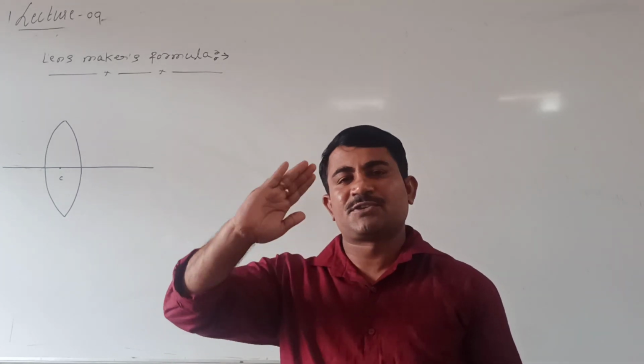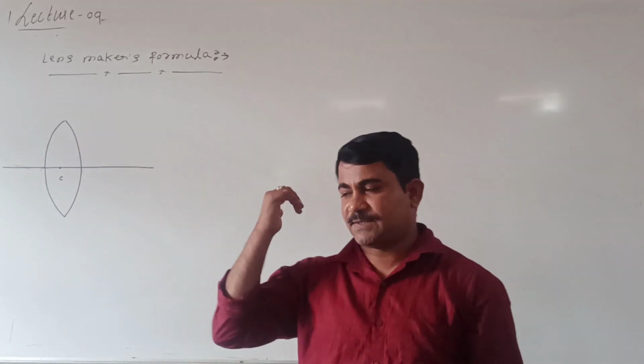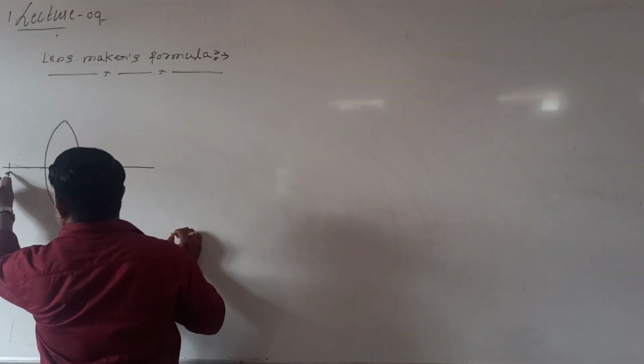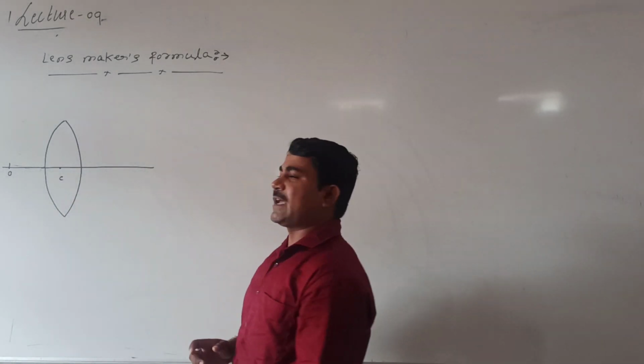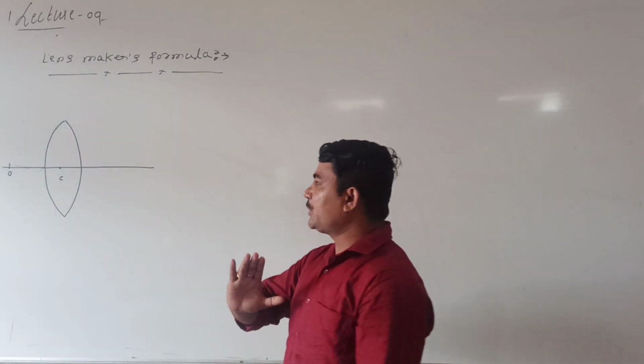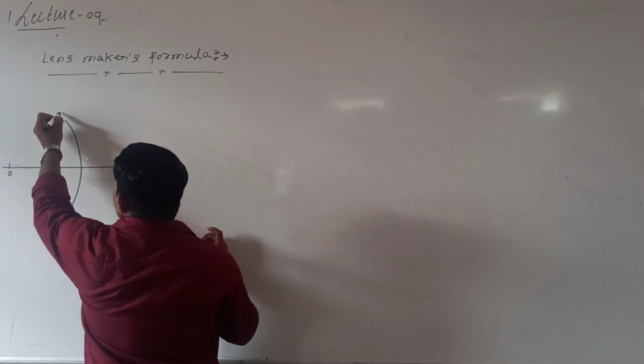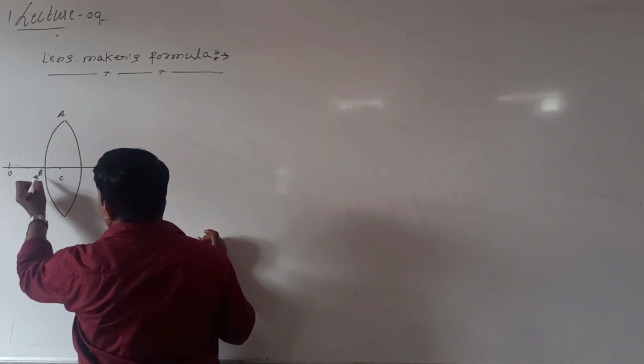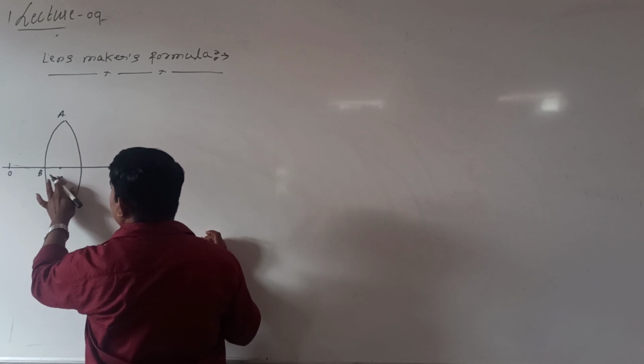The object is situated on the principal axis. Look at me. See here, consider this is one object situated on this principal axis at O. We know that two surfaces are there. One surface is